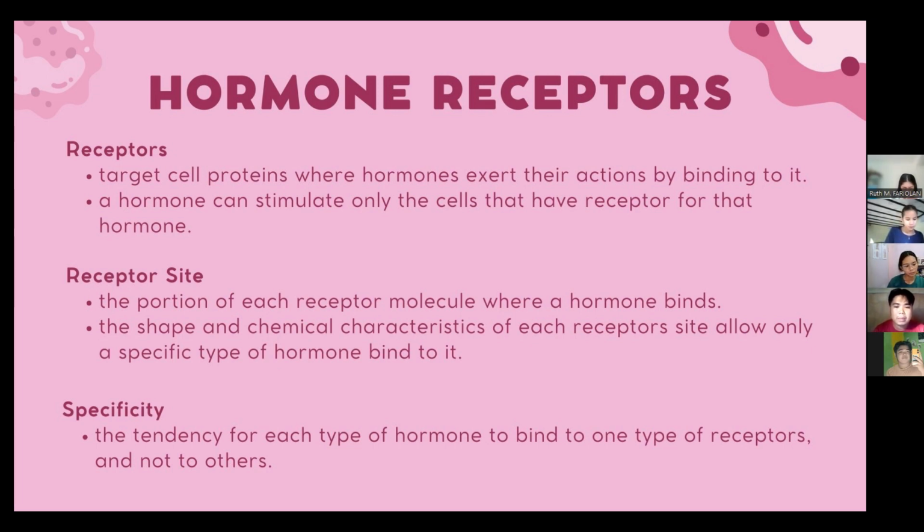Receptor site is the portion of each receptor molecule where a hormone binds. The shape and chemical characteristics of each receptor site allow only a specific type of hormone to bind to it. Specificity is the tendency of each type of hormone to bind to one type of receptor and not to others. It is defined by each receptor only binding to one hormone, each hormone having specific